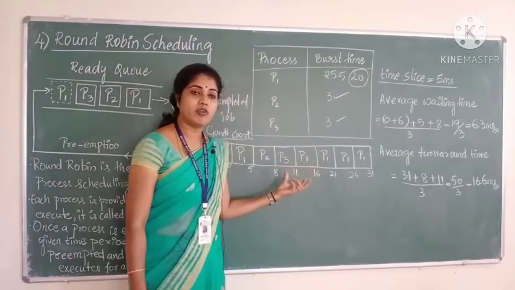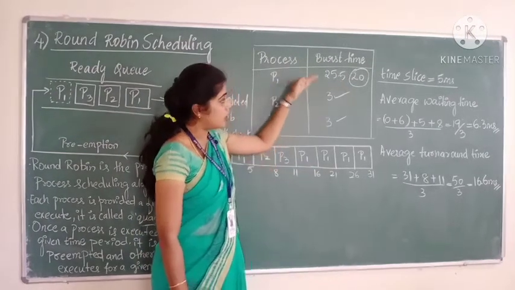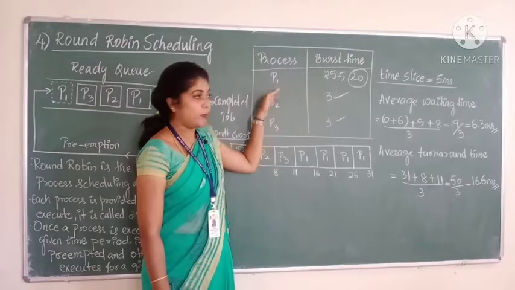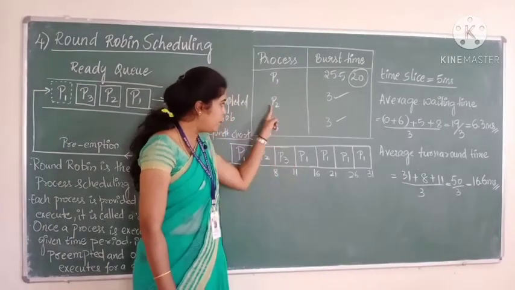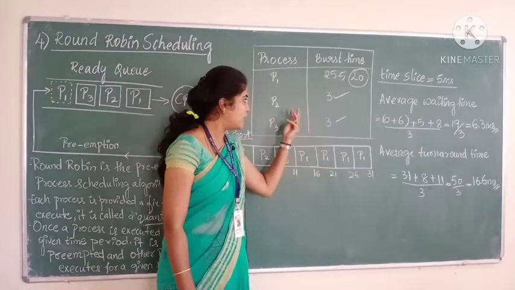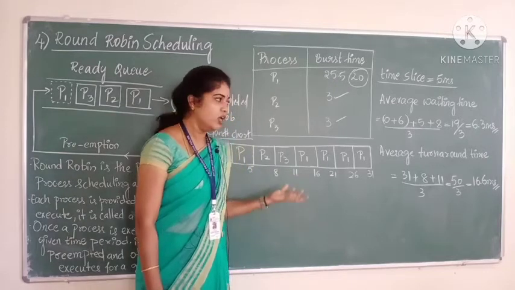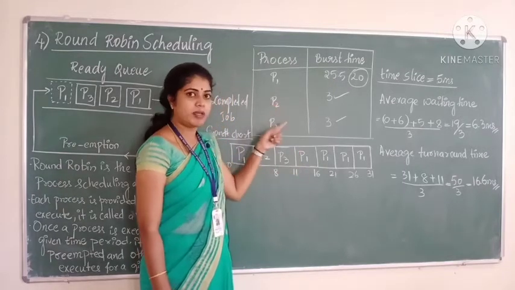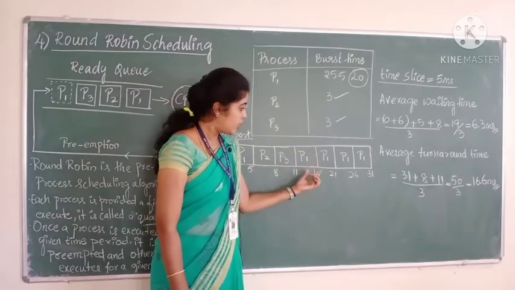Okay, so here what you have to understand: even though P1 is left out with the 20, it cannot continuously go ahead with P1, because after P1, P2 is there, P3 is there. But after completing P2 and P3, P1 can continue its execution, because as per the example there is no other process left. P2 and P3 finished their execution. Continuously after P3, P1 can go again.